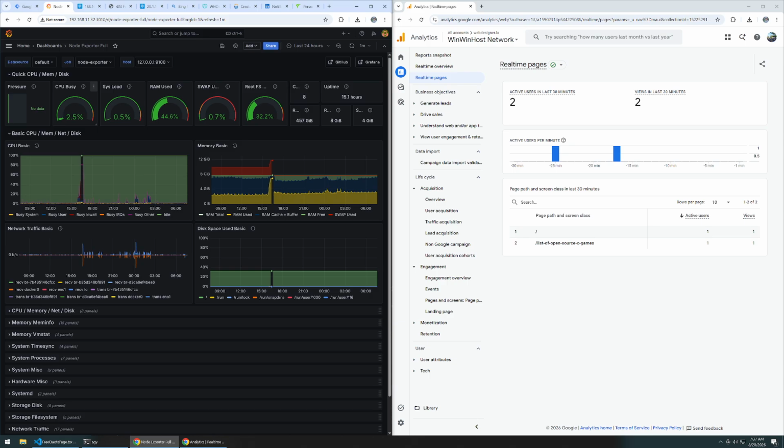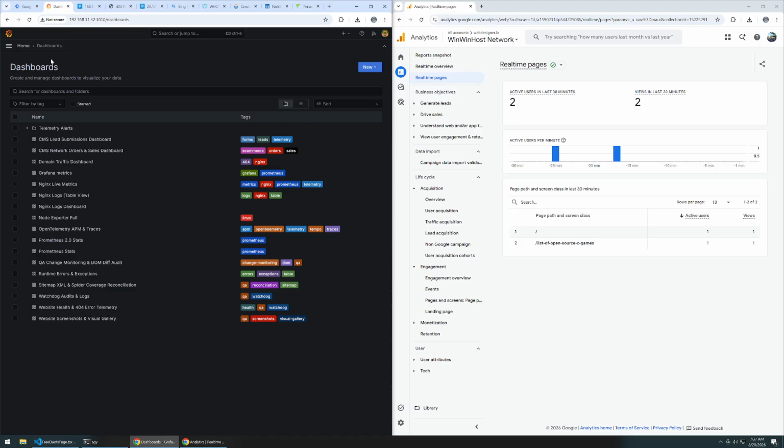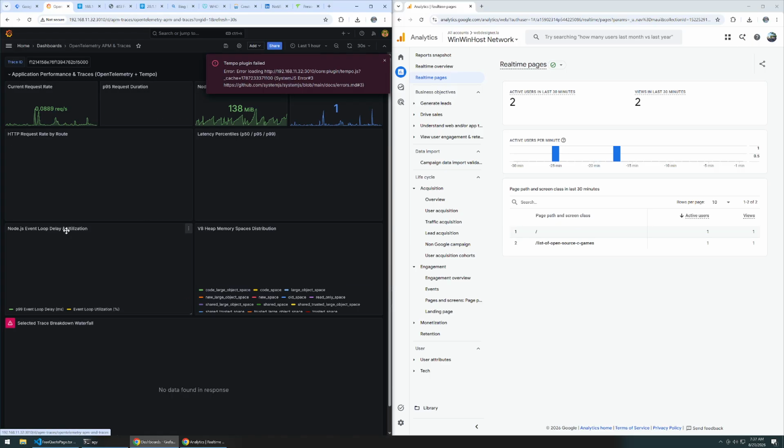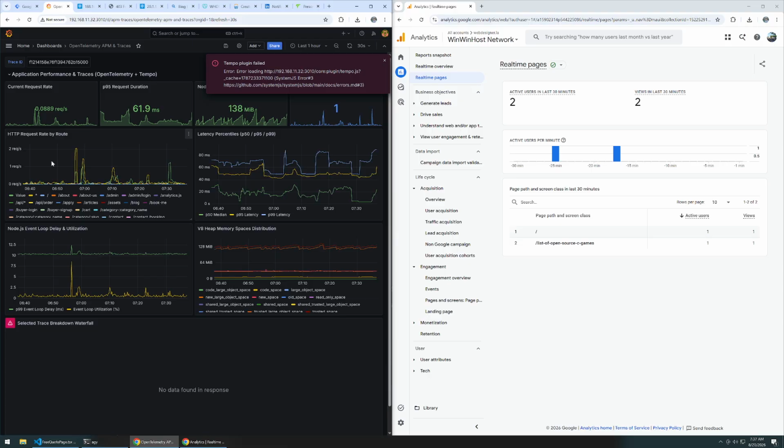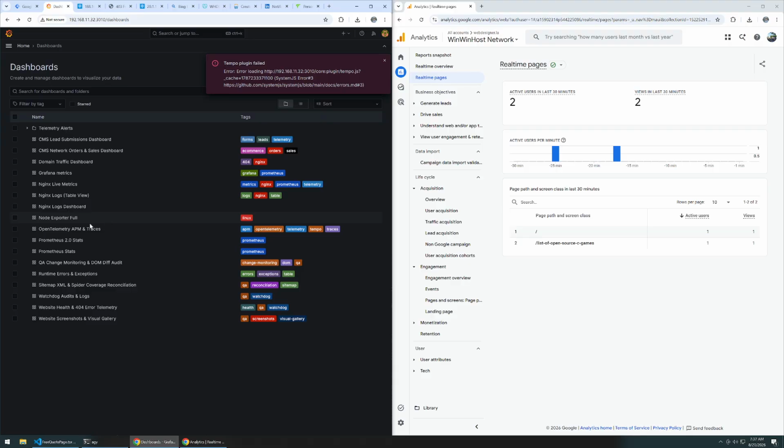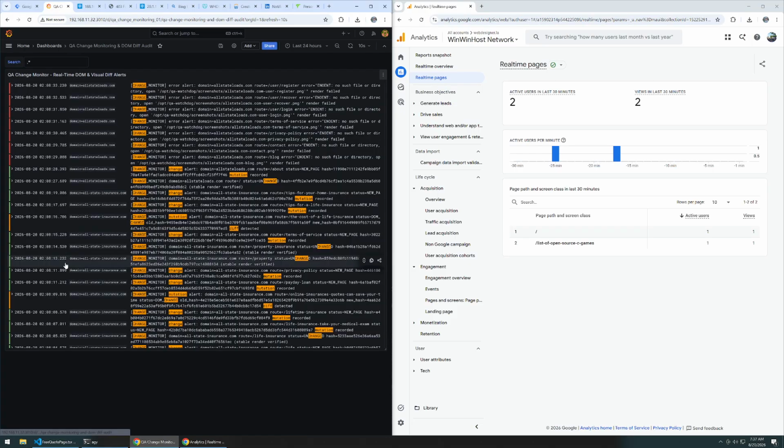All the scanners, and this is the telemetry data. I think I already showed you. This is just basic Prometheus health. I have change monitoring.